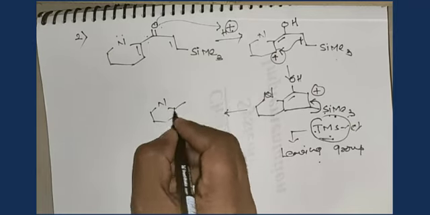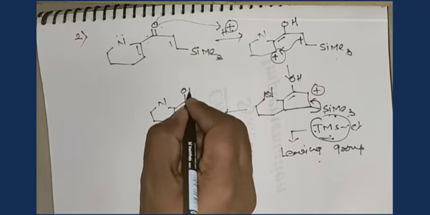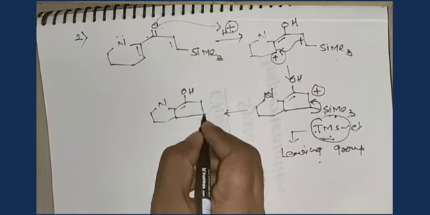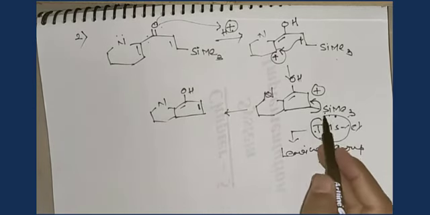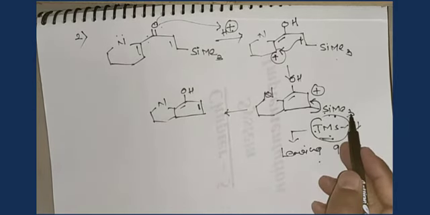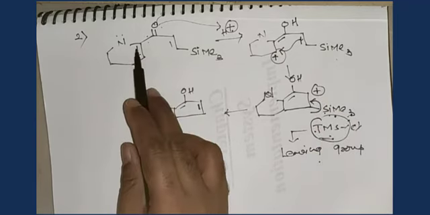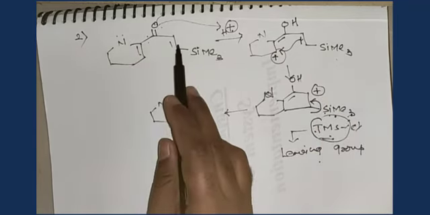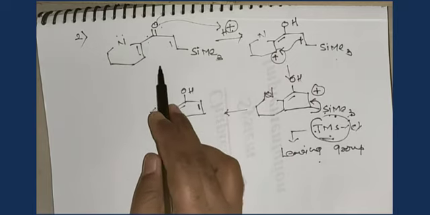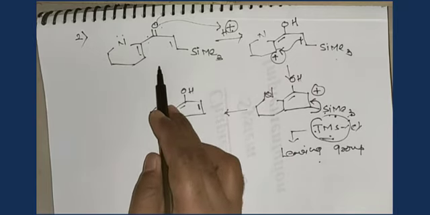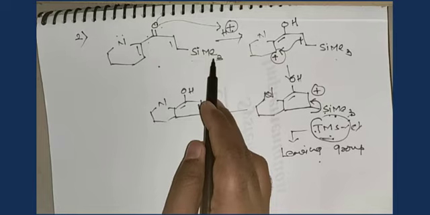This is something different from the regular Nazarov cyclization reaction, right? So here SiMe3 acts as a leaving group, so you must generate the positive charge here. That's why I am going to start with this double bond. If I start with this double bond, then hydrogen is removed as H plus, but from the start